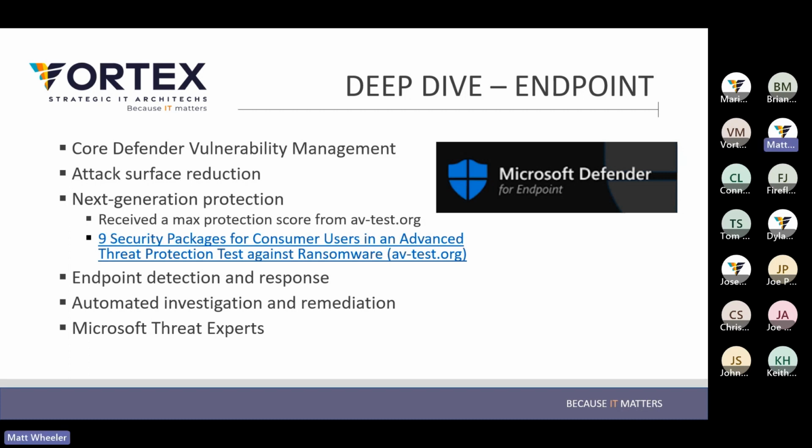Another feature of Defender for Endpoint, and I had mentioned this about the malware, or I'm sorry, the ransomware protection, but it's called attack surface reduction. So the attack surface is like all of the different ways that somebody could try to infiltrate your organization. So, getting at your computer, getting you to click on a malicious link, doing some social engineering or some phishing to try to get somebody to give you access to something. So we want to reduce that attack surface as much as possible.